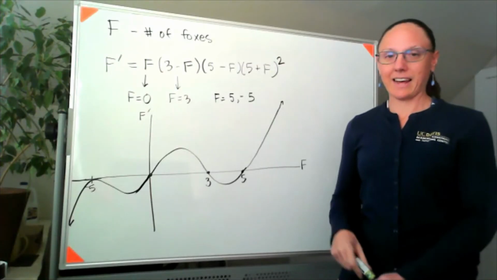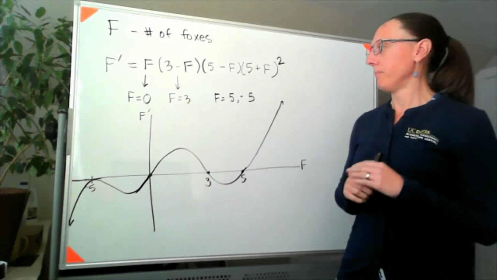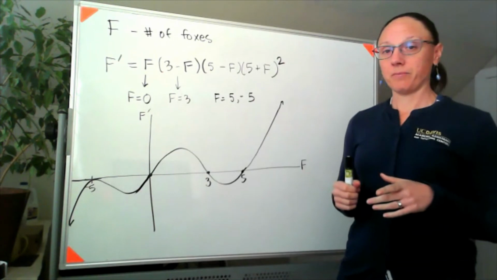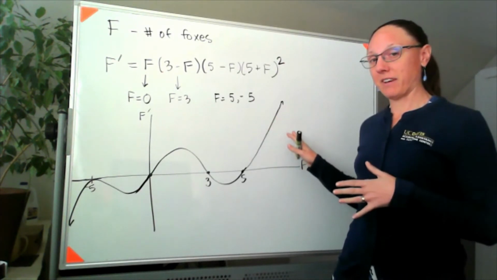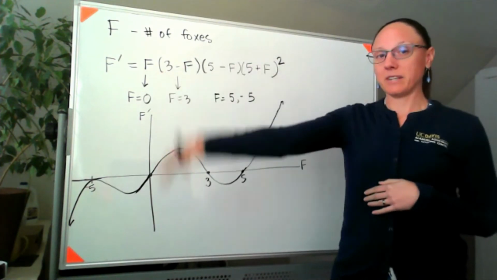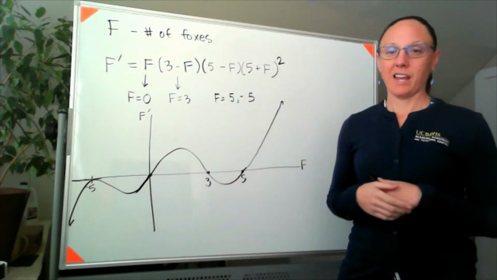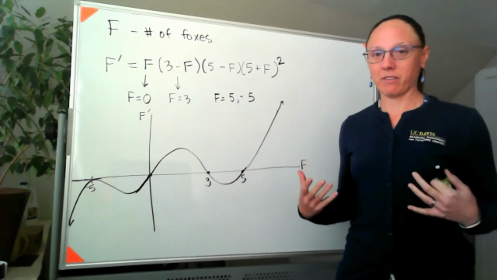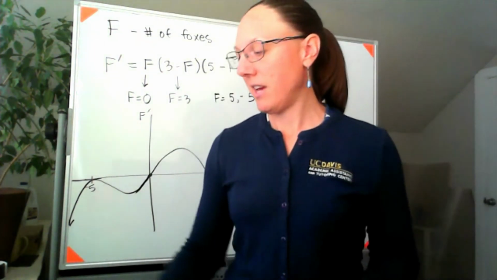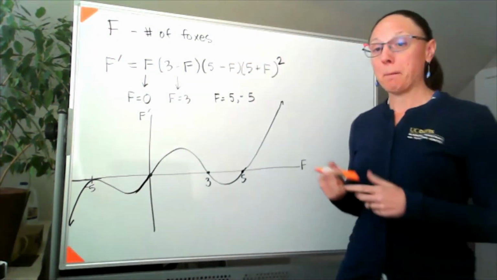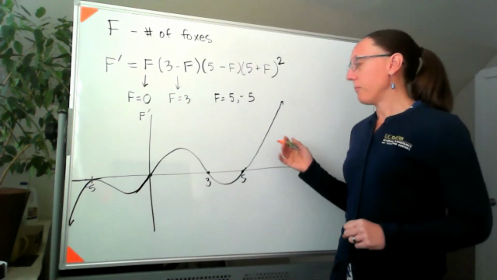Now it's not exactly the problem from your homework. So here's my phase plot. I've got my differential equation. I've got all of the equilibria. And now I want to know the fate of the world if we start with different numbers of foxes. And I'm going to figure that out by using those same tricks we were working on last week,